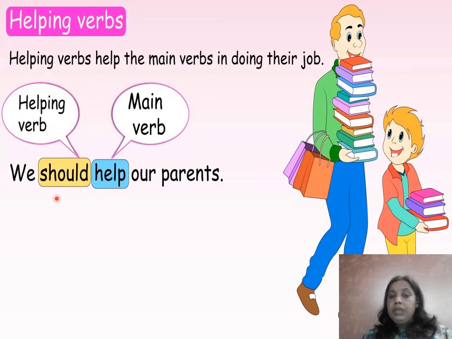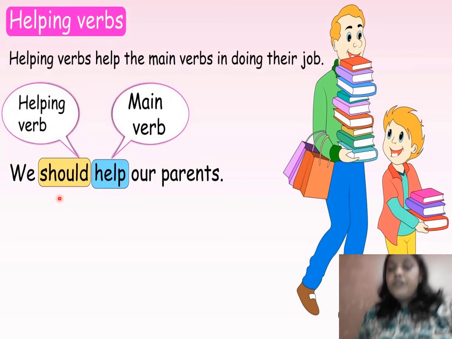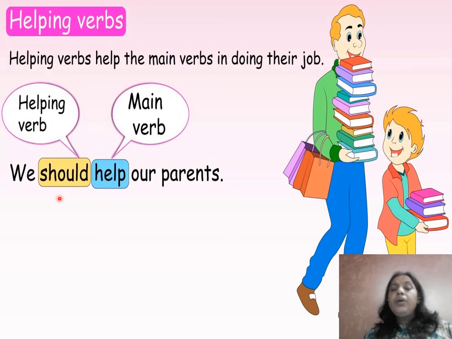No, meaning is not clear because we need main verb to make the meaning clear. अगर हम इसमें से main verb को हटा दें, help को हटा दें, तो sentence will be we should our parents. तो इसका मतलब जो हेल्पिंग वर्ब्स होती हैं या फिर ऑक्सिलरी वर्ब्स होती हैं, they need main verbs to make the meaning clear. Okay,